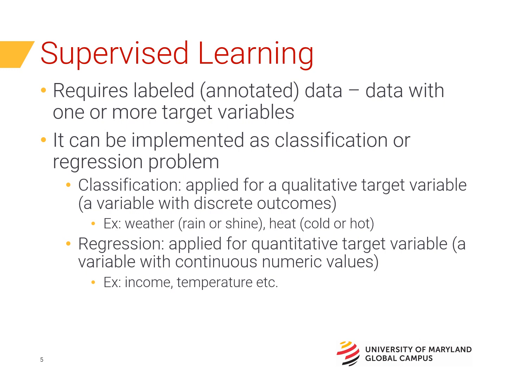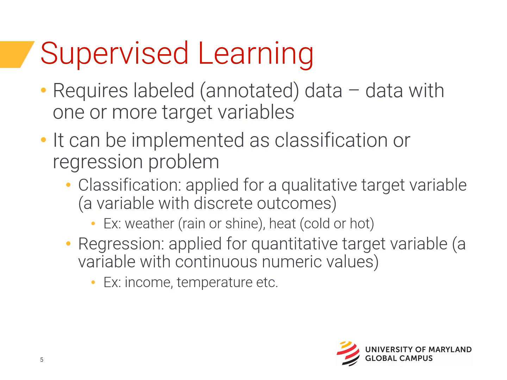These target variables serve as the ground truth or the desired output that the algorithm aims to predict. The labeled data used in supervised learning can be thought of as a teacher guiding the algorithm, providing examples of the correct answers. By exposing the algorithm to a sufficient number of labeled examples, it learns to generalize the patterns and relationships between the input features and the target variables, enabling it to make predictions on new, unseen data.